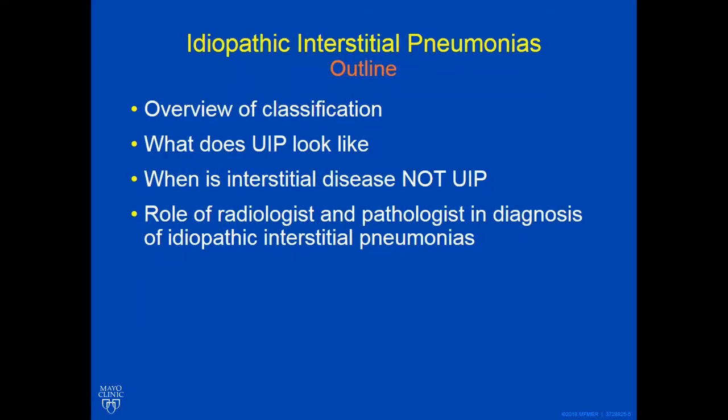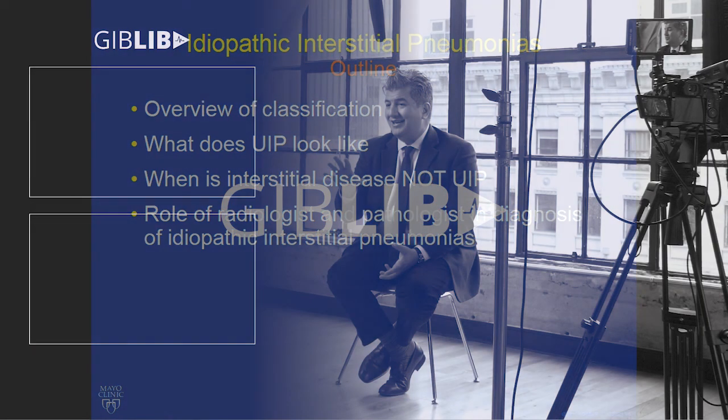So we'll briefly take a look at the classification, and mainly so that we're all on the same page. I know you've probably all heard this, but I know when I speak to pulmonologists, most people don't do ILD work. Most people see asthma, COPD, lung cancer. So I want to make sure we're all talking about the same thing. We'll talk about what UIP looks like, and I'll pick up off of where Dr. Gotway left off. When is it? And then we'll ask some questions about when an interstitial disease